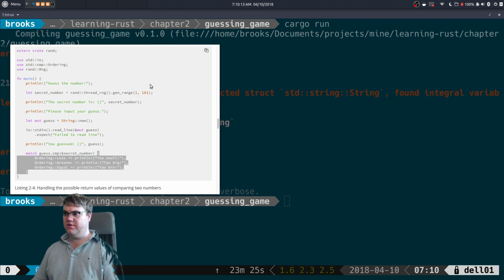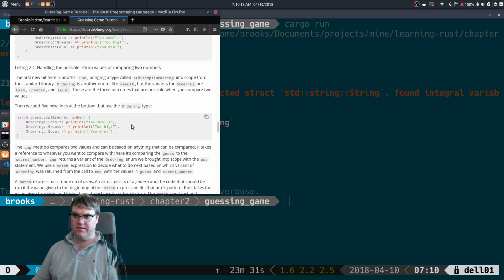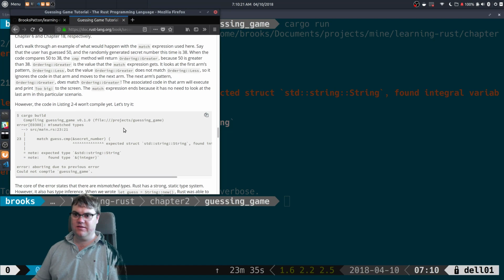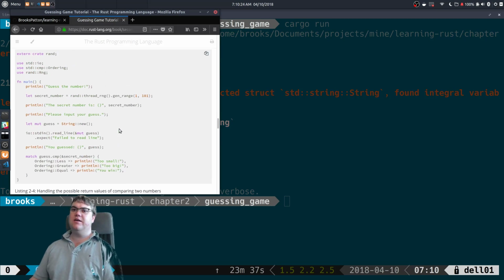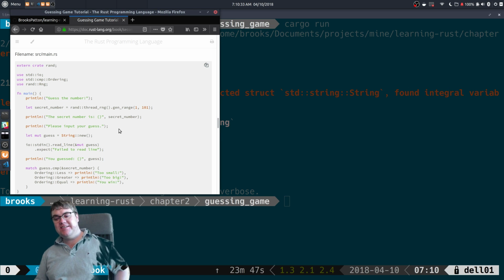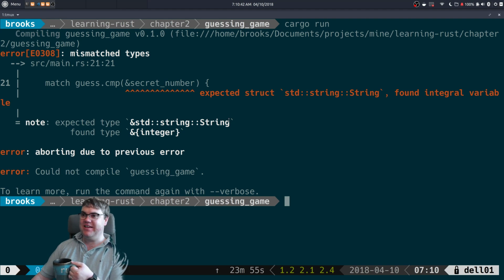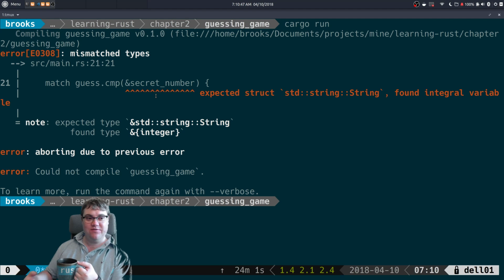So, are there any other? Oh, yep. Ah, they're doing that thing in tutorials where they have you get an error on purpose and then later on say, oh, look, we got an error. Let's read what that is. And here I am trying to actually debug this, but they're leading us down the wrong path because, I mean, in almost all languages, when you get some kind of input from the command line, it's going to come in as a string. And we were in fact seeing that when it came in,